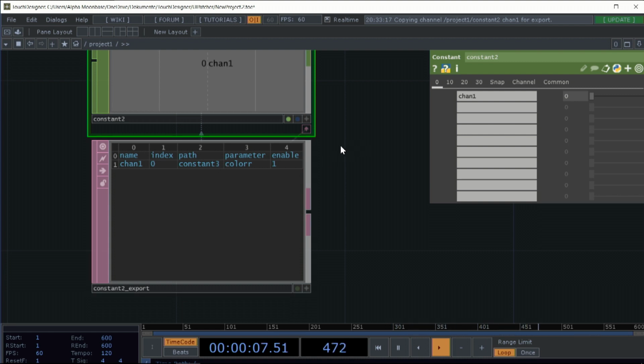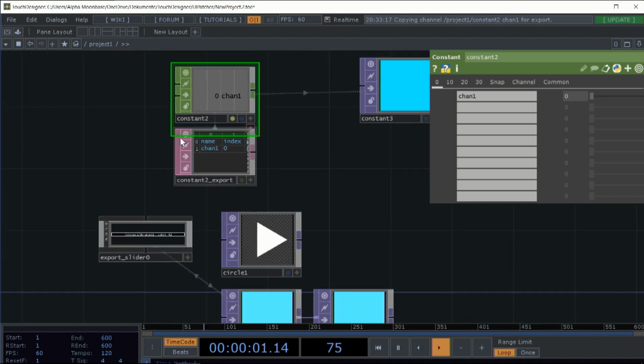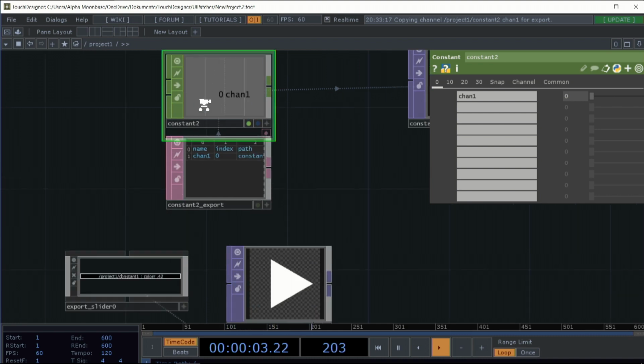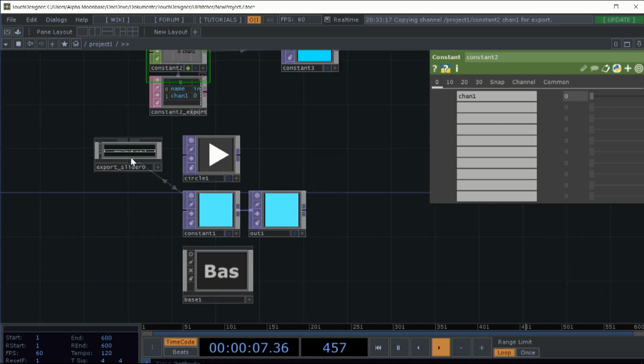So we have a pretty good overview, because when we start to have several bases, for example, diving into several bases, and we want to change the way where something is going, we could go inside our base, or what we could do is have everything in one place and export it from there. So